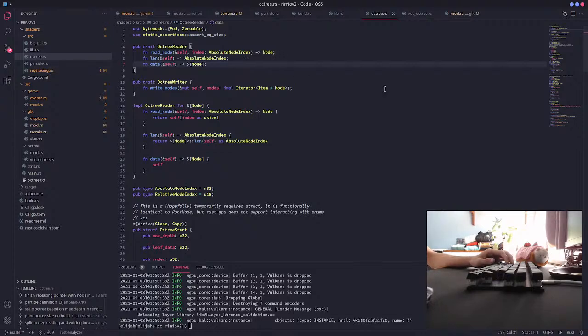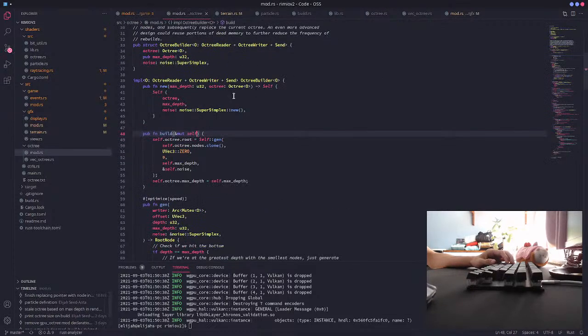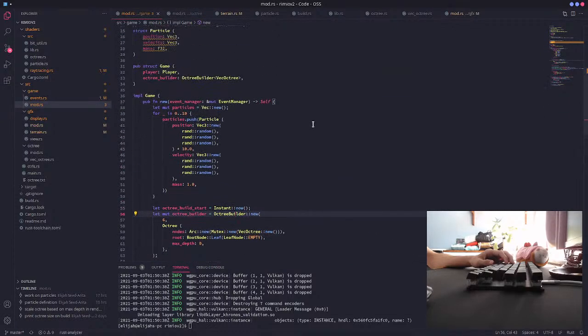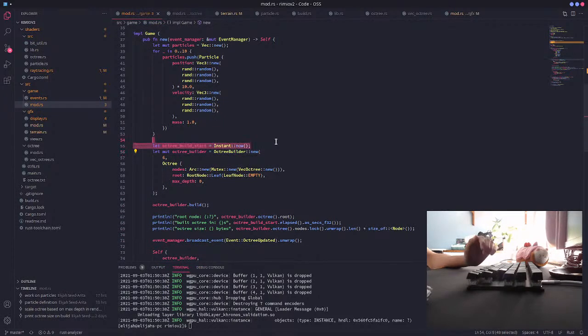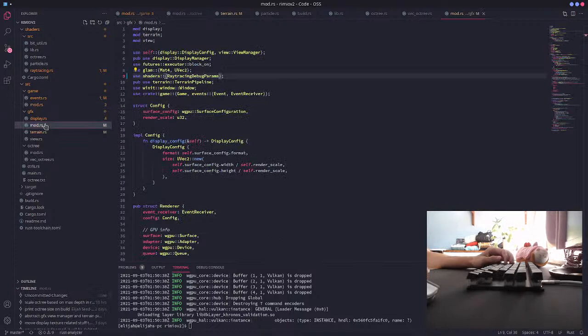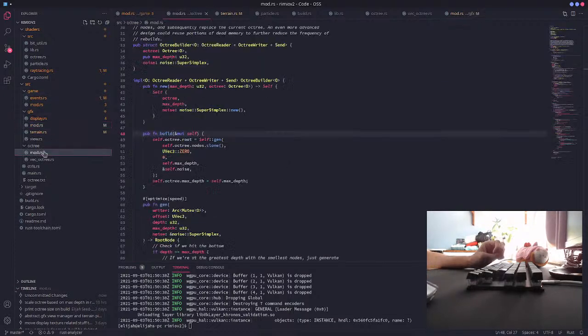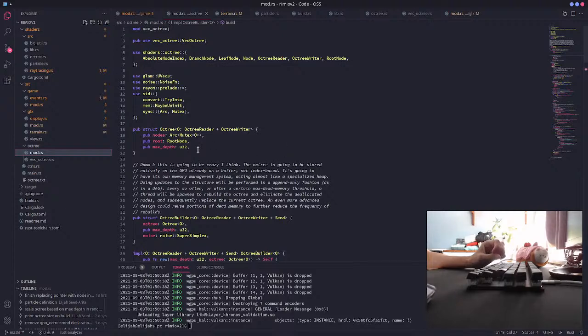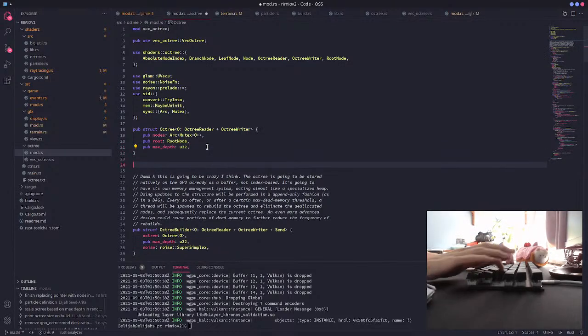But this is quite an ugly way to represent it, because it very tightly couples the CPU implementation, which is very powerful, to the GPU implementation, which is quite limited. And since a lot of the work is going to be done on the CPU side, that kind of sucks. So yep, we're going to have to implement the octree on the CPU separately. However, this is a very good thing. Even though it is duplicating code, it's going to give us a lot more freedom to change things, do things how we want to, and also reduce a lot of friction,